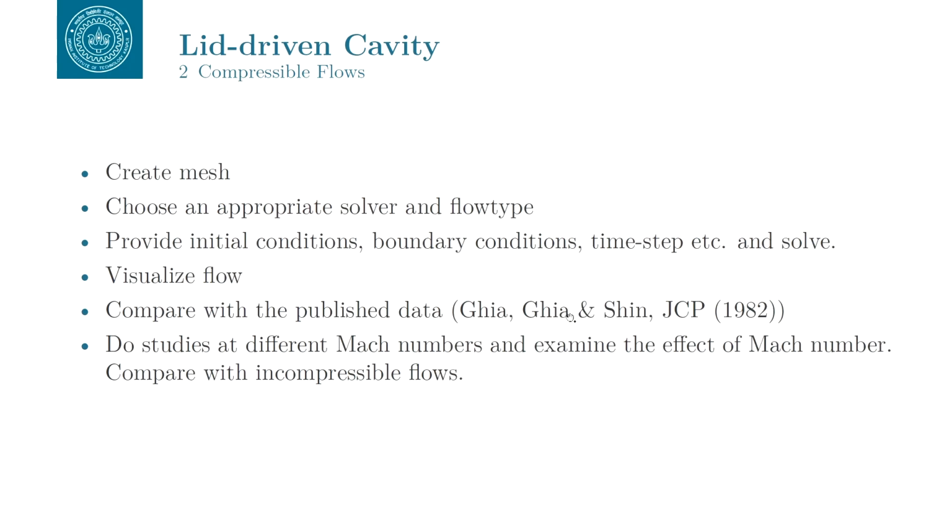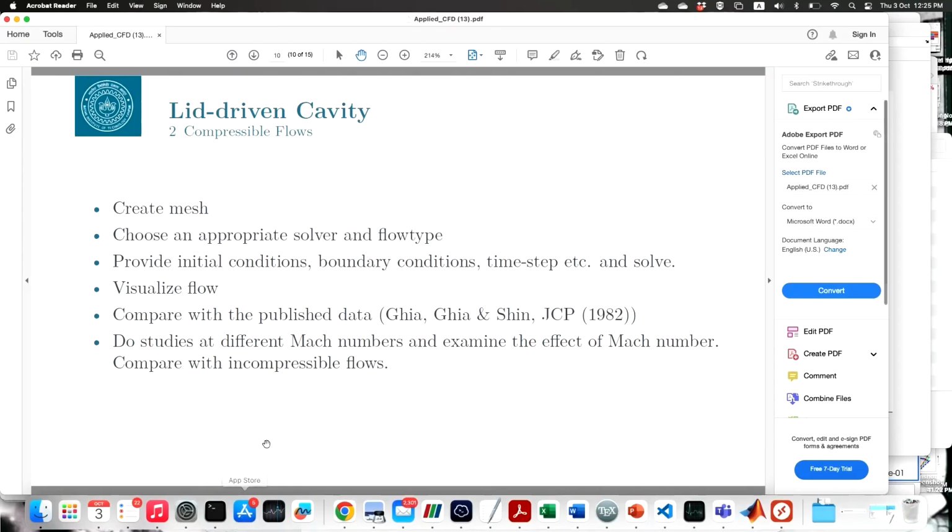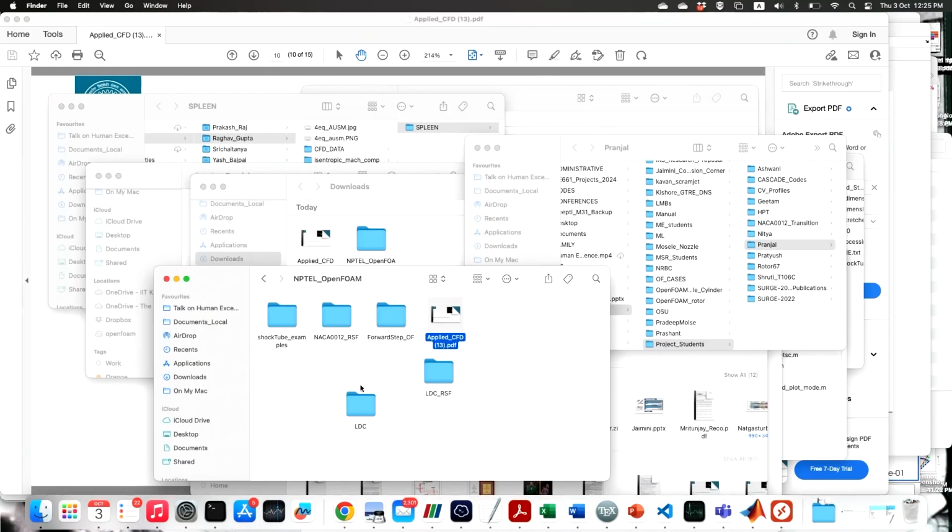So, we will use the same approach. Create the mesh, choose a solver which does this in a compressible manner, set the initial condition, boundary condition, and then what you can do at home is change the Mach number and see what the effect of the Mach number is. So, let us look at how we are going to solve it. First I am going to show you